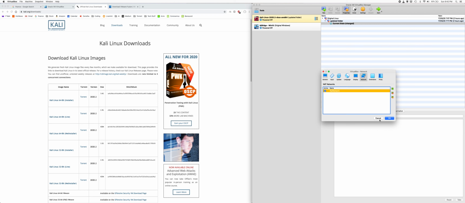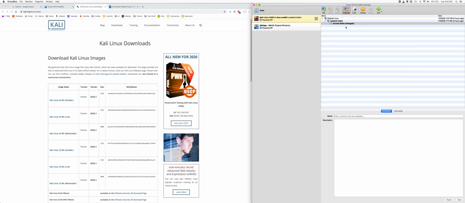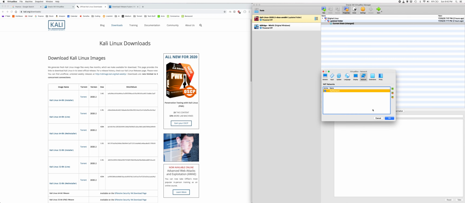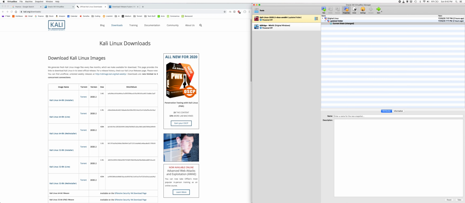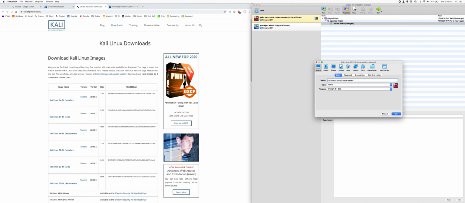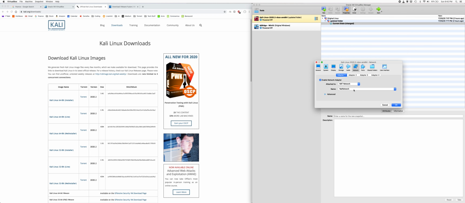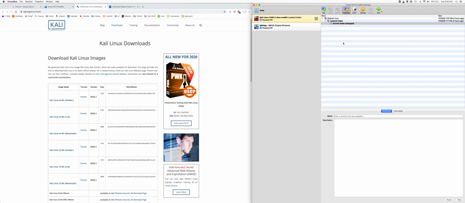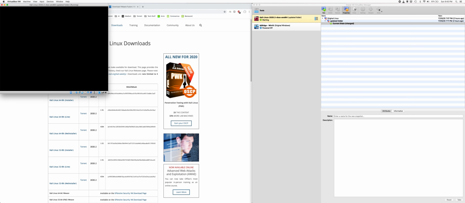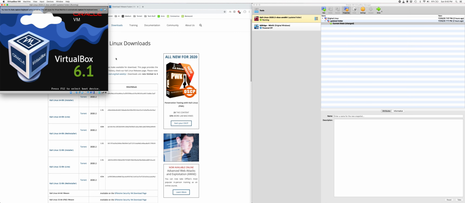So NAT network. Go to VirtualBox, preferences, network, add network here. And then you will go here and go to network and you will see that network appearing here. You will say OK and then you will start the system like this. So the system will start.